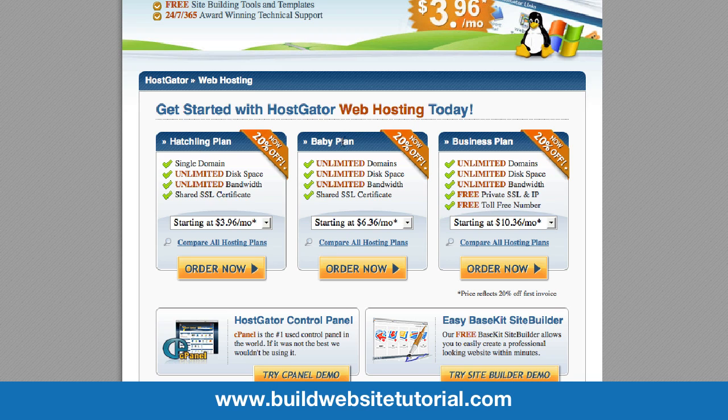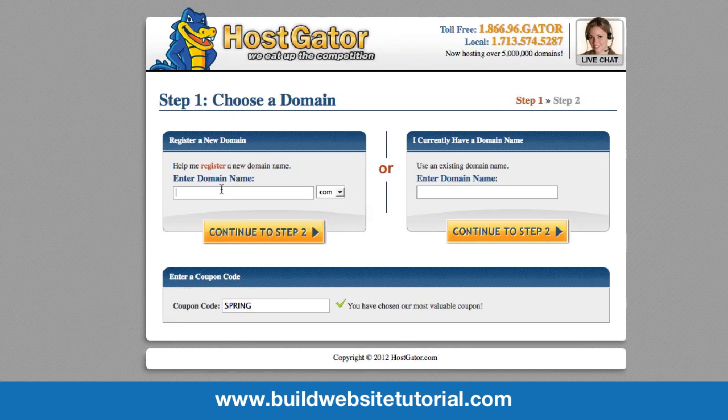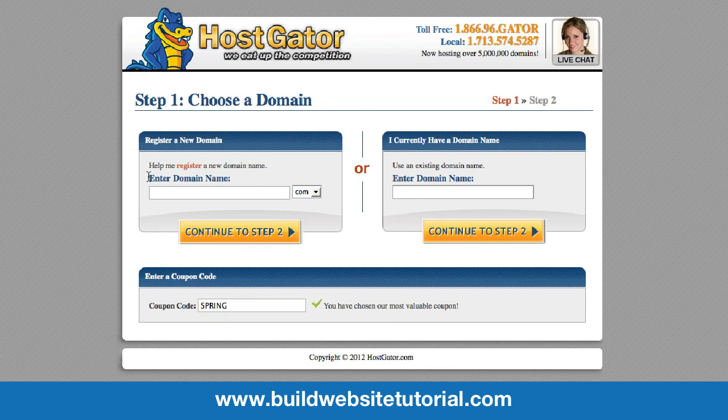So either choose the hatchling or the baby plan if you want to go with HostGator, and then click order now. Like I say, I can give you a coupon which will give you a little bit more discount than they give you, and then put in your domain name that you've just checked and we know it's available. So greendogtoyshop.com,